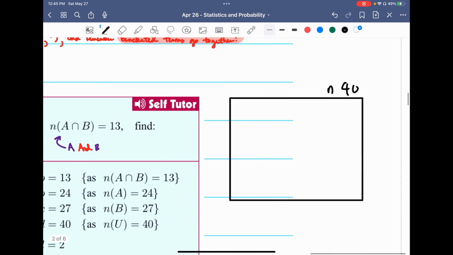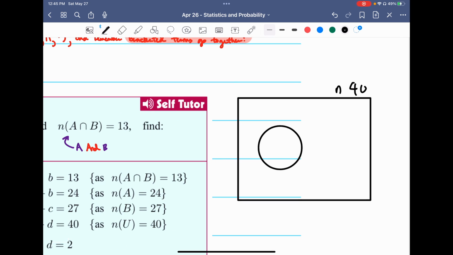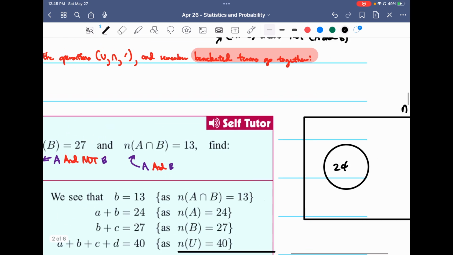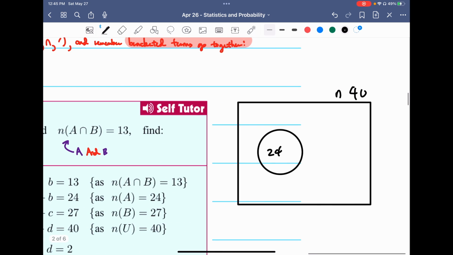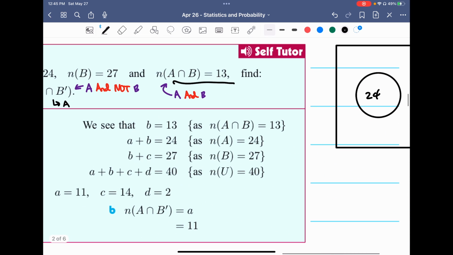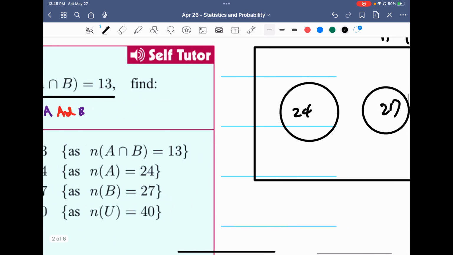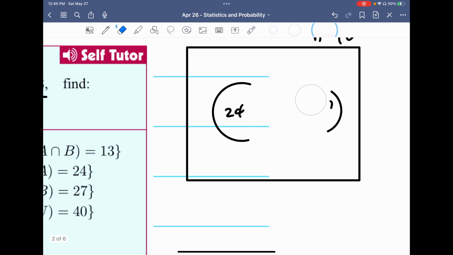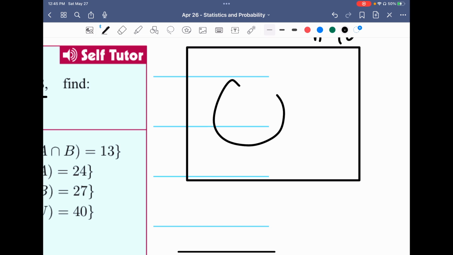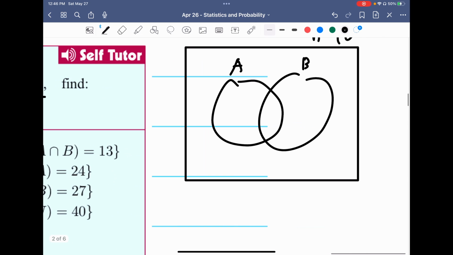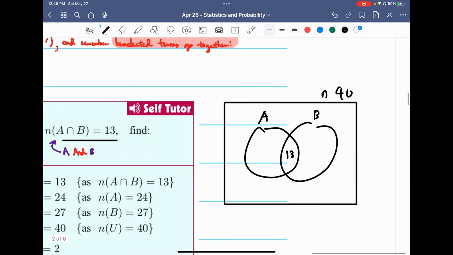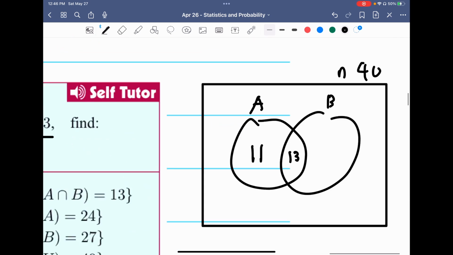And n(A) here, inside a circle, we have 24. The whole thing is 24. And then n(B) is 27. However, it says that A and B, n(A ∩ B) equals 13, which means that they have an overlapping side in the middle. So here and here we have A and B, and in the middle, as it says, we have 13. So what we know is that since A total has 24, this would be 11,